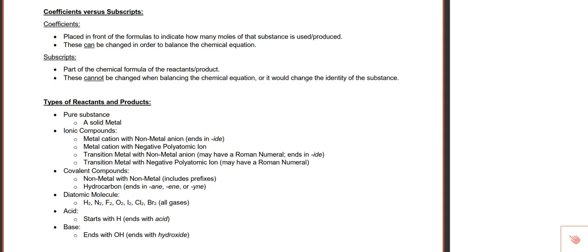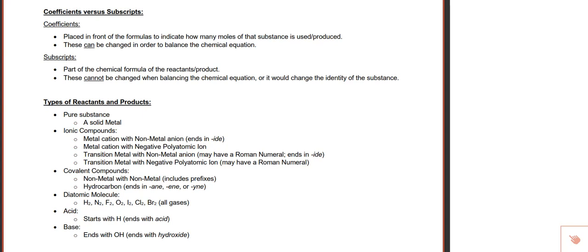One of the hallmarks of science is that matter cannot be created or destroyed. It's just converted to a different form. And this is the basis of balancing chemical equations. We have to make sure that whatever's put into a reaction, the reactants, is still there in the same amount at the end of the reaction, the products. Today I'm going to go over with you some specific strategies for how to balance a chemical equation, but before